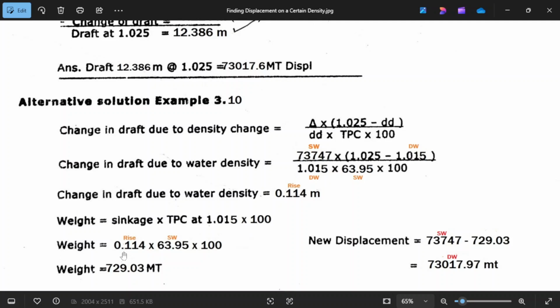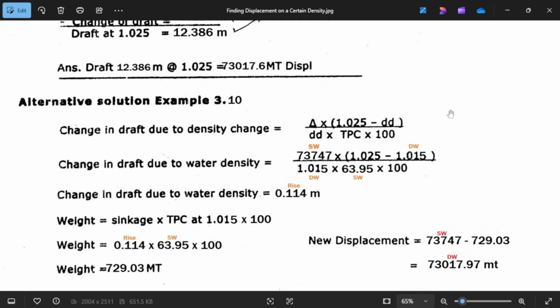So the weight is 0.114 times 63.95 times 100, equals 729.03, the weight. Okay, and this will be your new weight with your old displacement from 12.5.